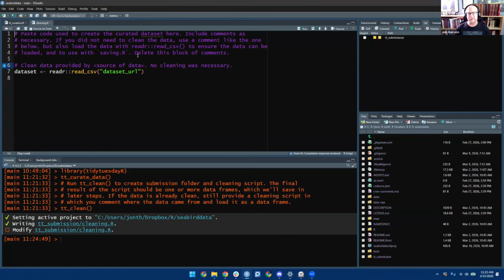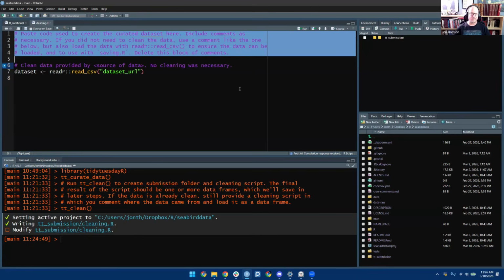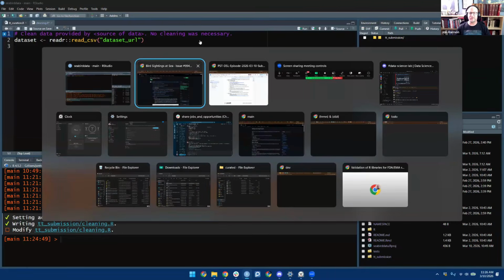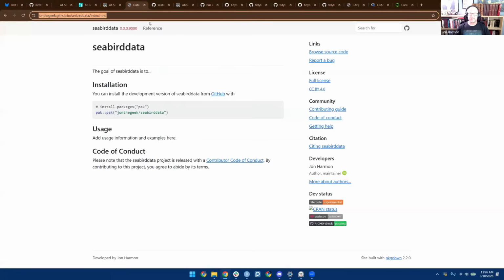And then I include a little starter cleaning script that shows you what to do, tells you a little bit, and then asks you to delete that block of comments. The idea is to, as we saw a couple examples of, show how you got the data. Now, there are kind of two approaches we can do. Since this is a package now, I can just say,